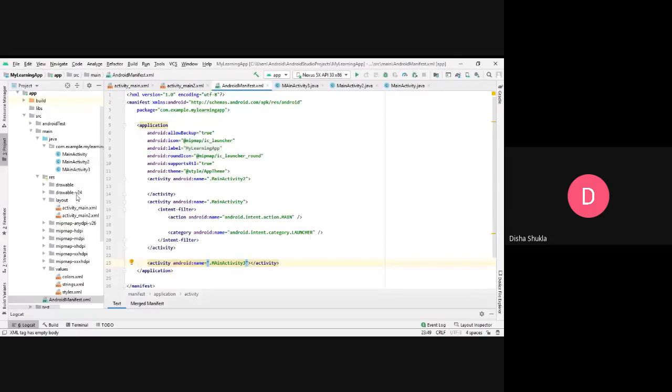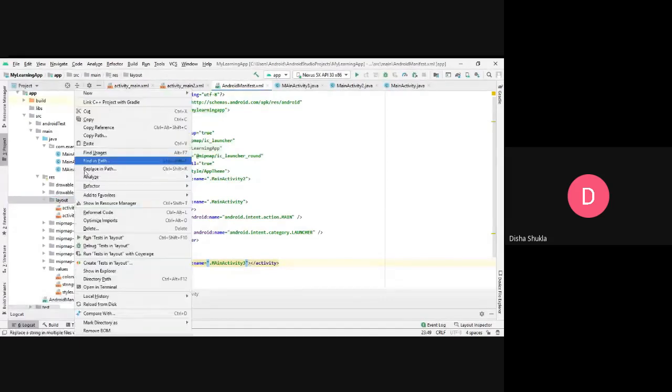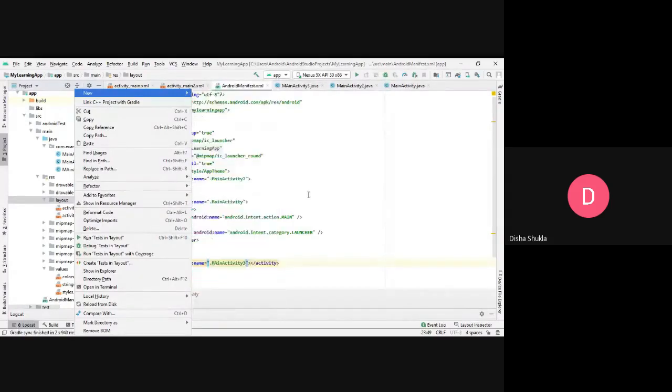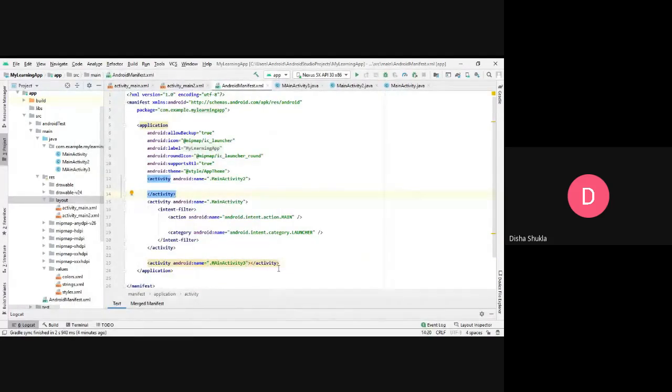So you have to create another layout file also. You can go to here and then you can select the layout resource files. That way you can create a layout if you want to use it. Okay, this is what I showed you because a lot of students would be using this way to create an activity, but what they do is they forget to mention the activity in the manifest file, so you will get an error later. So this is why I told you. Okay, but right now we are not doing anything with the main activity 3.